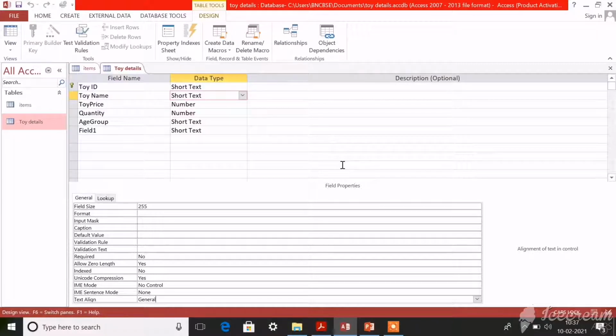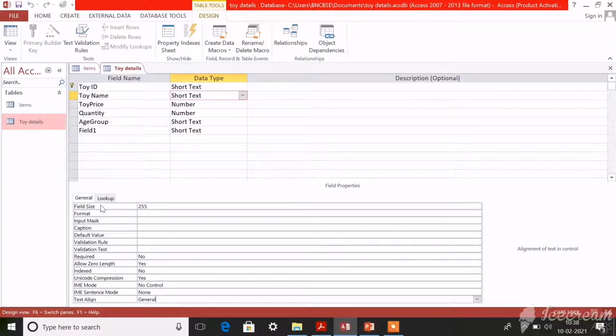You can open that. When you open it, you can see this lower half. Can you see it here? It is mentioned field properties. So this lower half of the screen is called the field properties pane, and we are going to learn about these options that are available at the left corner.